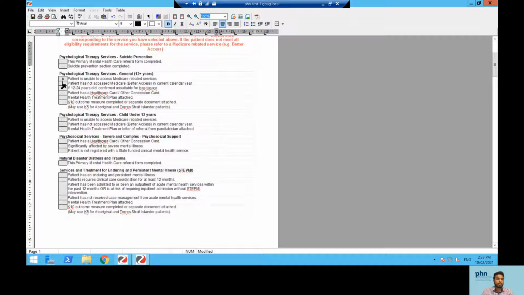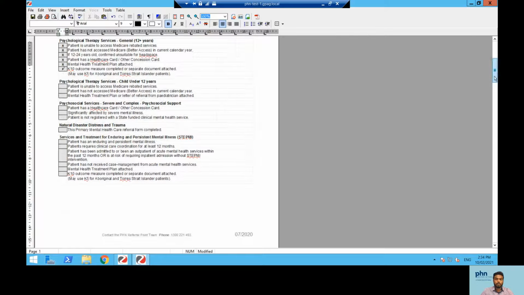Patient has not accessed Medicare in the current, yes. The patient is 85 years old, so I'm going to put a yes here as well. Patient has a healthcare or concession card, yes. For PTS services, you generally need to attach a mental health treatment plan and also complete a K10, which I'll come to in a later part of the form. I'll just put yes for both of them because these are the requirements